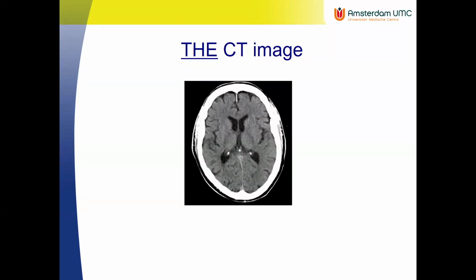You have a skull, which is very bright, and then the softer tissue, which is a bit grayish, and it always looks like this. You can change the window level setting, how the image is presented on your screen, but it doesn't really change the content. The unit on the screen for a CT image is the Hounsfield unit,